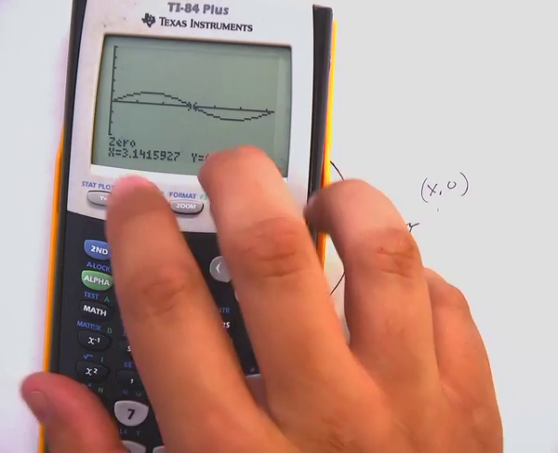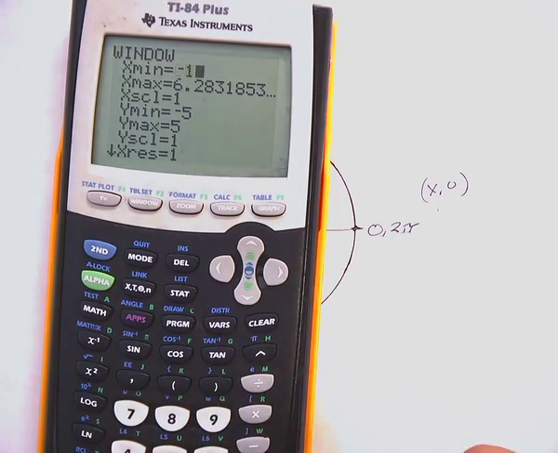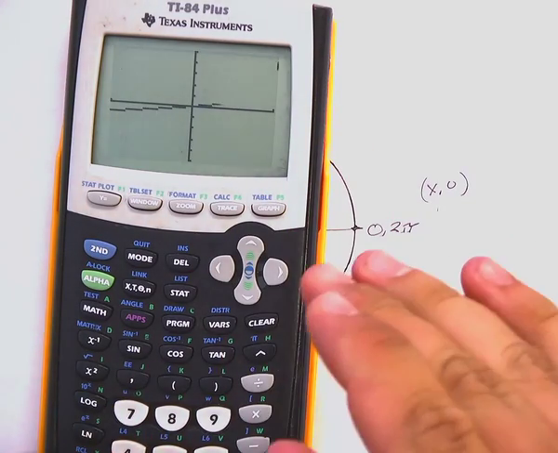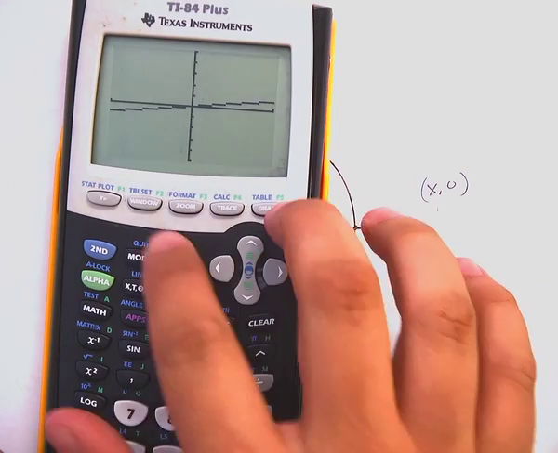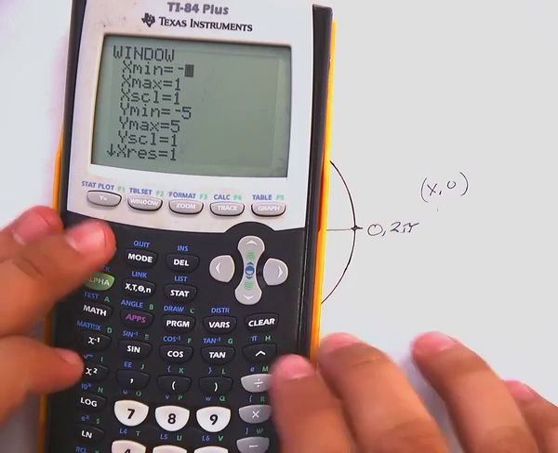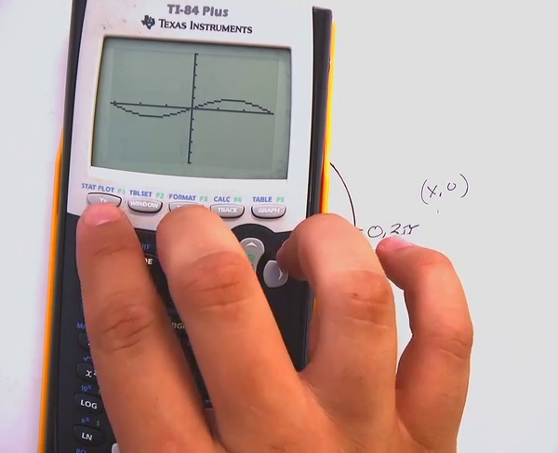So if we think about this, we can standardize our window here. Let's say we want to go from -1 to 1. Why not? Actually, let's change that up. I'm sorry about that. Let's go from -pi to pi. We can also get one cycle of the sine wave here, going through the origin, perfectly split. So what we're going to do is take that same function,